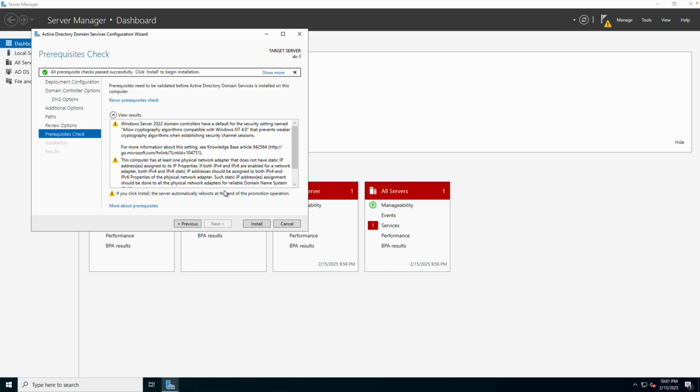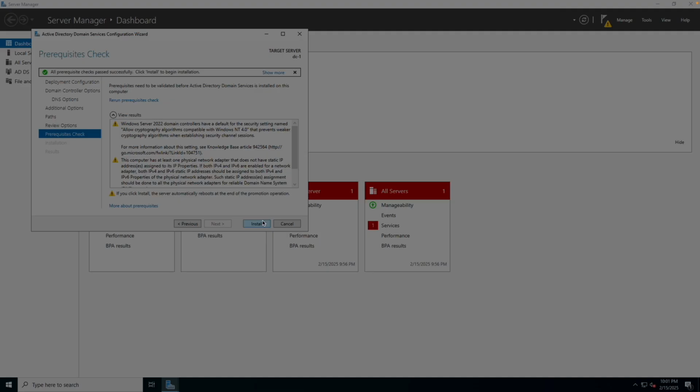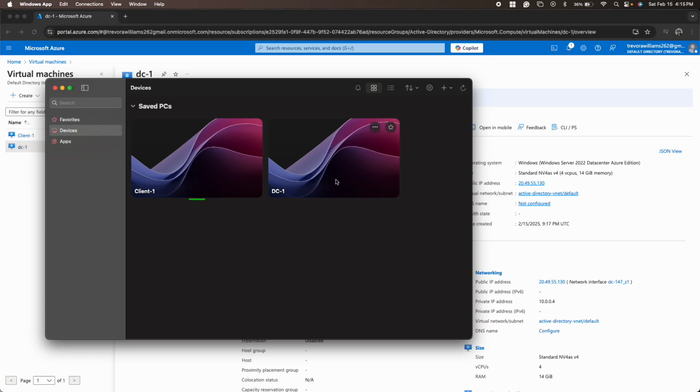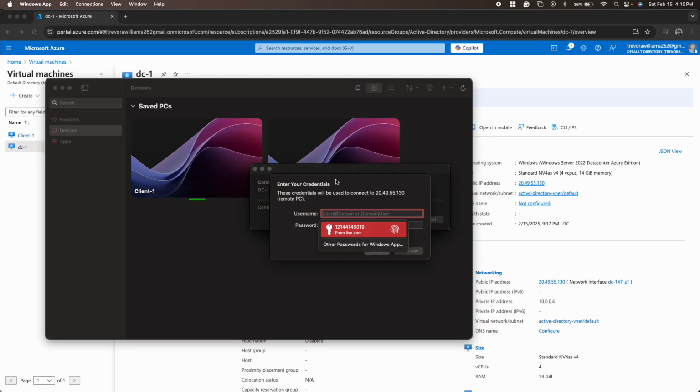Okay. So let's go ahead and press install. After the install process, it's going to log you out and restart, so you're going to need to log back in. However, for this, after you make it a domain controller,